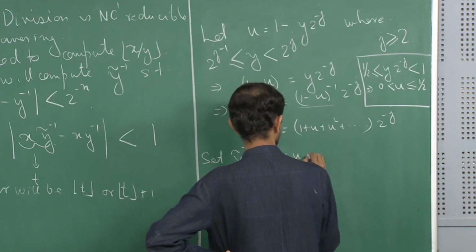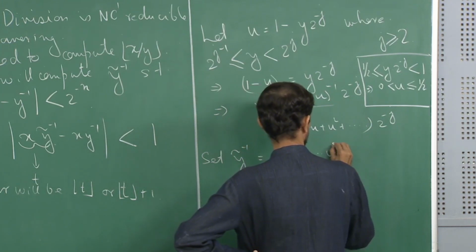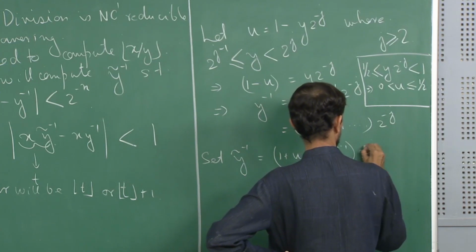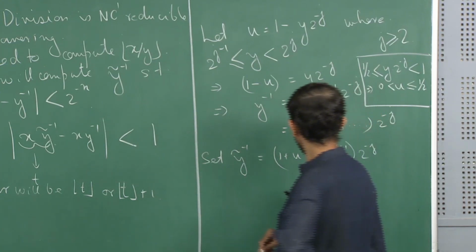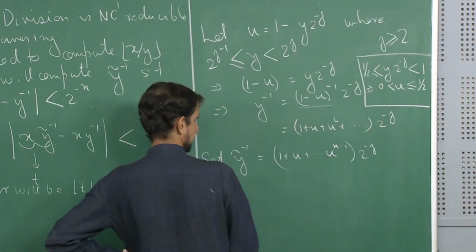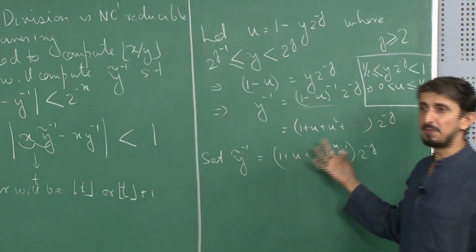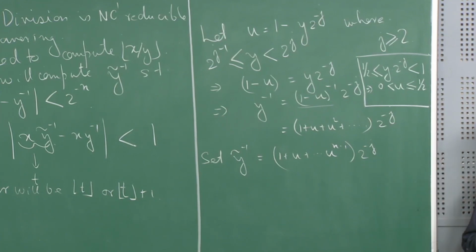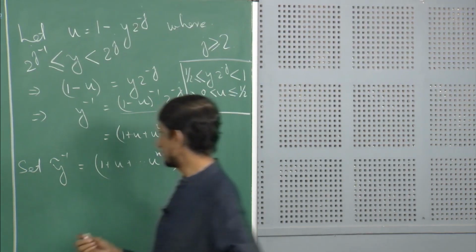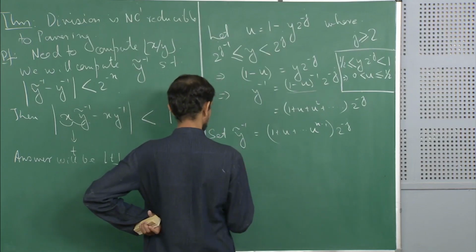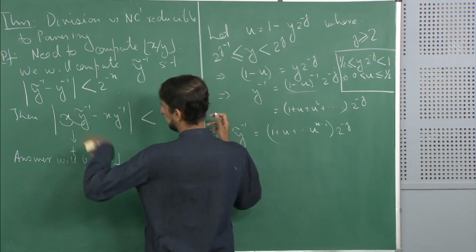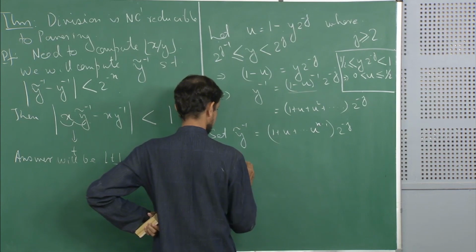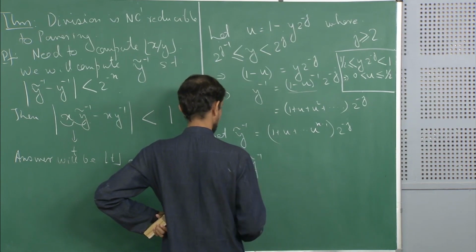So, it is 1 plus u plus up to u to the power n minus 1, into 2 to the power minus j. So this is going to be our y. So now you can see where we are using powering. Okay, so essentially we are using powering to compute these powers of u. Okay, so this is y tilde inverse, and now we can verify this quantity, that y inverse minus y tilde